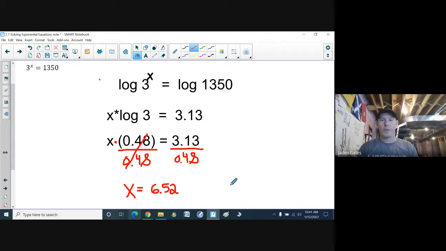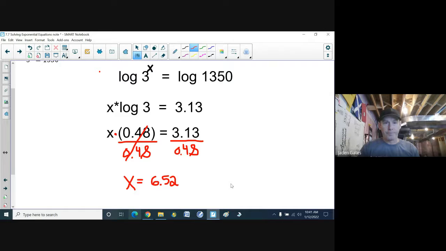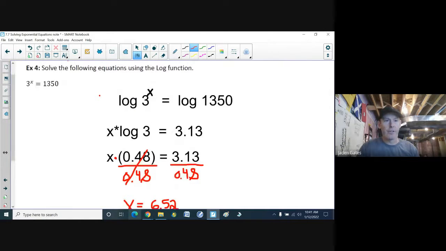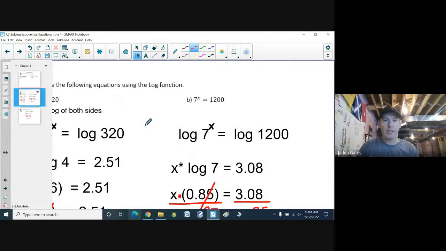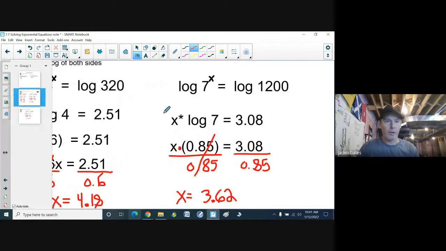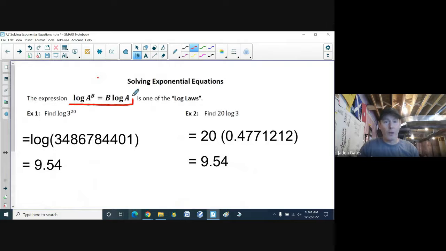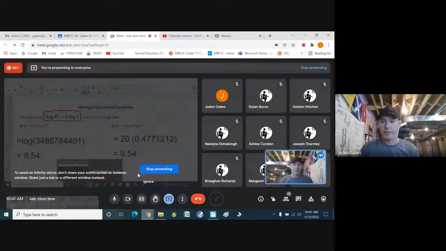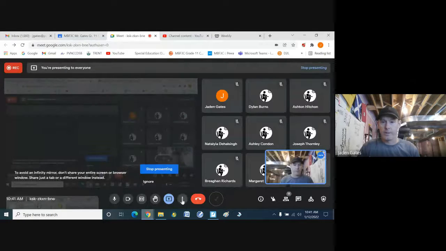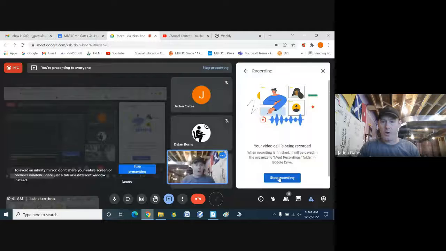And there we go. So again, our log function helps us solve exponential equations because we can use that log rule. Where is it here? I go back up to the start. There it is. Our log rule here, one of the log rules, or several of them, but it's the one we're using to solve exponential equations. Like I said before, you've never had it in math before where you had to solve for an exponent. But the log function allows us to do that. All right, so